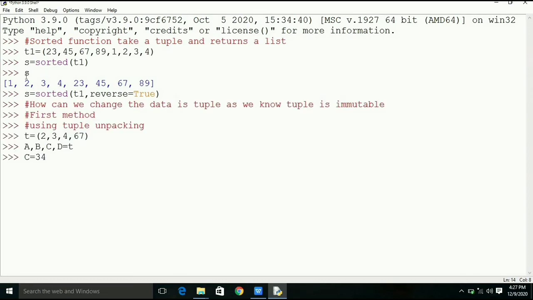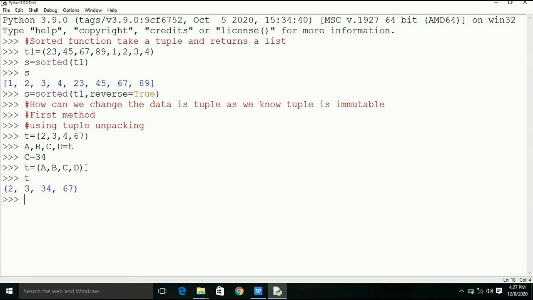As we know, tuple is immutable in nature. Then how to change the value in tuples? There are two ways to do this. First, using tuple unpacking. Here t is equal to 2, 3, 4 and 67. A, B, C, D is equal to t.